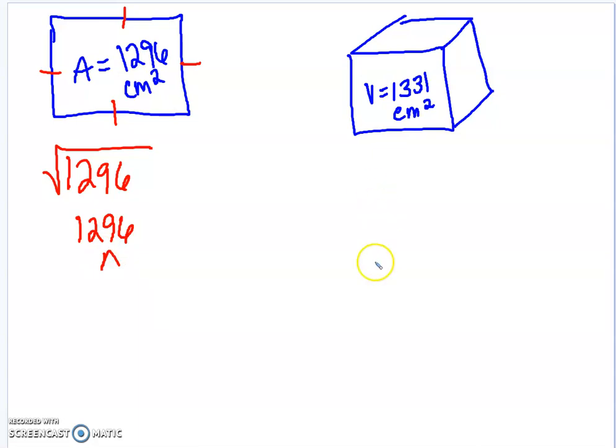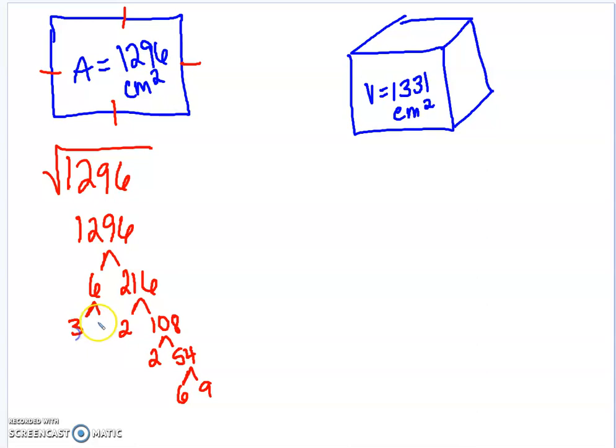1296. So that's just 6 times 216. And 216 is 2 times 108, which is 2 times 54. And 54 is just 6 times 9. And I'm going to continue breaking down any number. So 6 is 3 times 2, 6 is 3 times 2, and 9 is 3 times 3. So I'll circle all of my prime values at the bottom of my prime factor tree